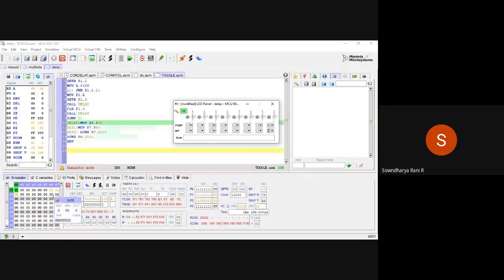You can see the delay program is running here. R6 and R7 registers are decrementing, right? And port 1 third bit is varying between high and low, right? Can you see here? It is changing to 0 and 1.